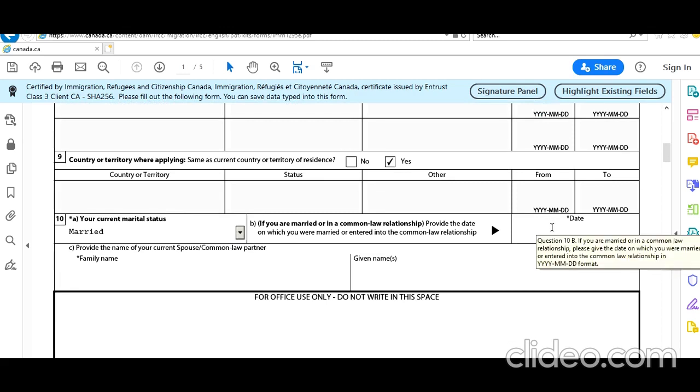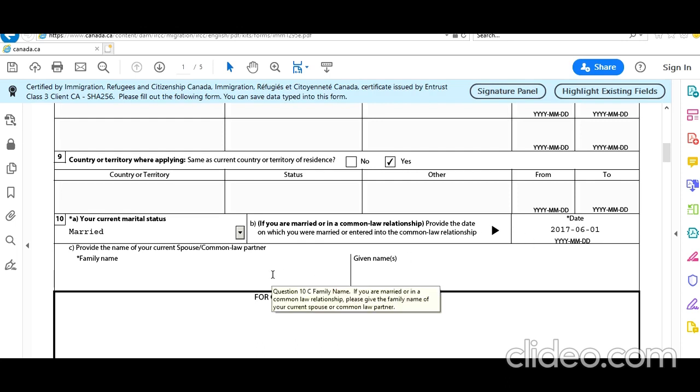So when was he married? Good question. In India, the typical legal requirement is 21 years. He was born in 1995, so if I give him 21 years, that will come to 2016. So let me make him married in 2017. 2017-06-01, on his birth date.